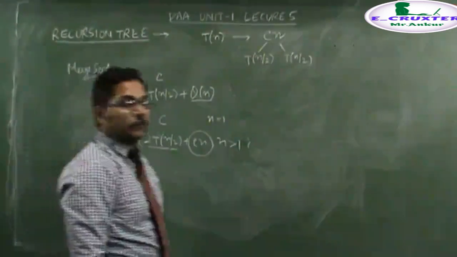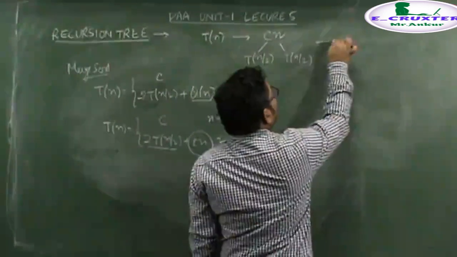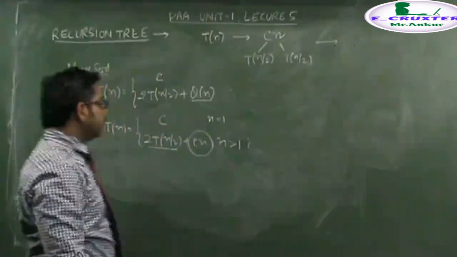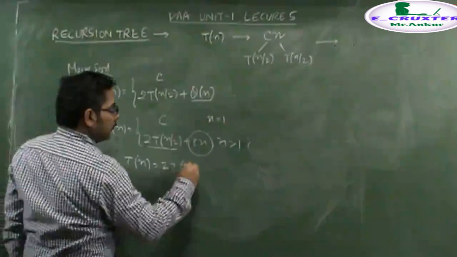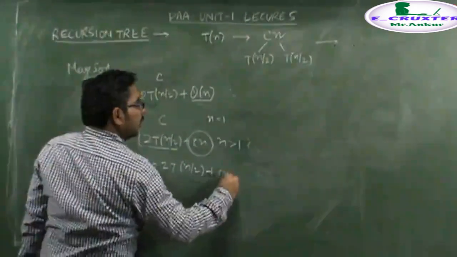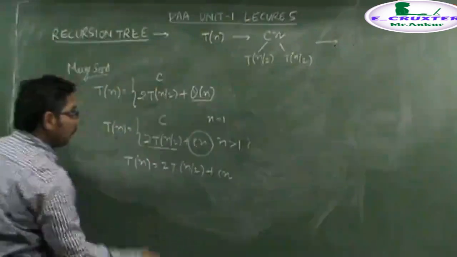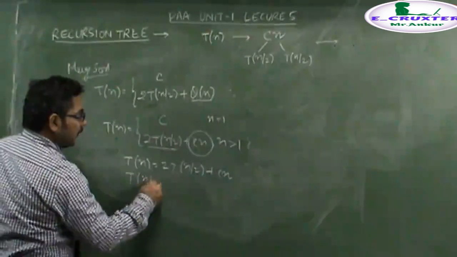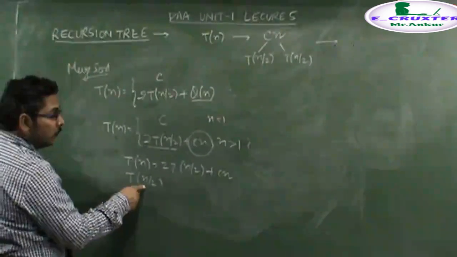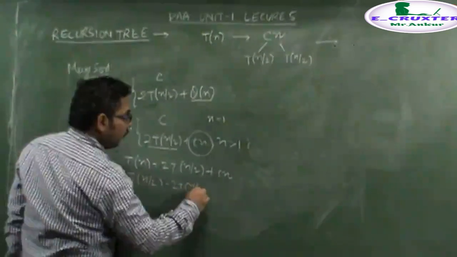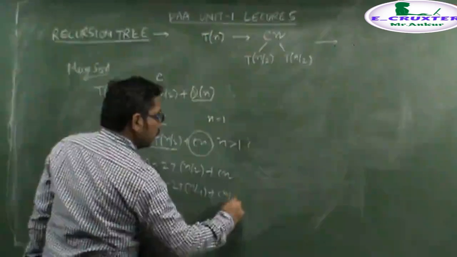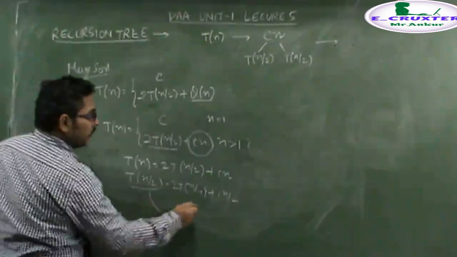Okay. Now how are we solving this sub problem? When we further solve T of n upon 2, we notice that the running time of T of n is 2T of n upon 2 plus C of n. Then what is the running time of T of n upon 2? In place of n we are replacing it by n by 2. Then it will become 2T of n by 4 plus Cn upon 2. So then we can replace this by this equation.